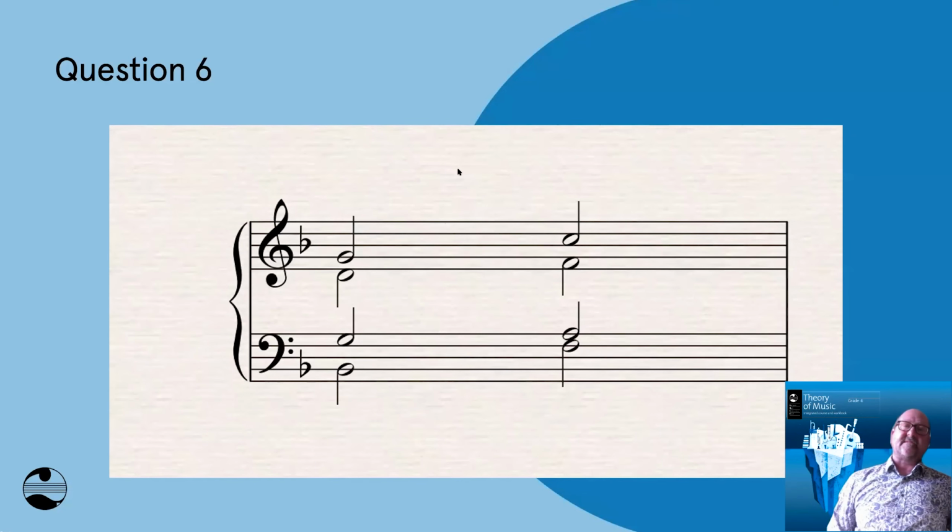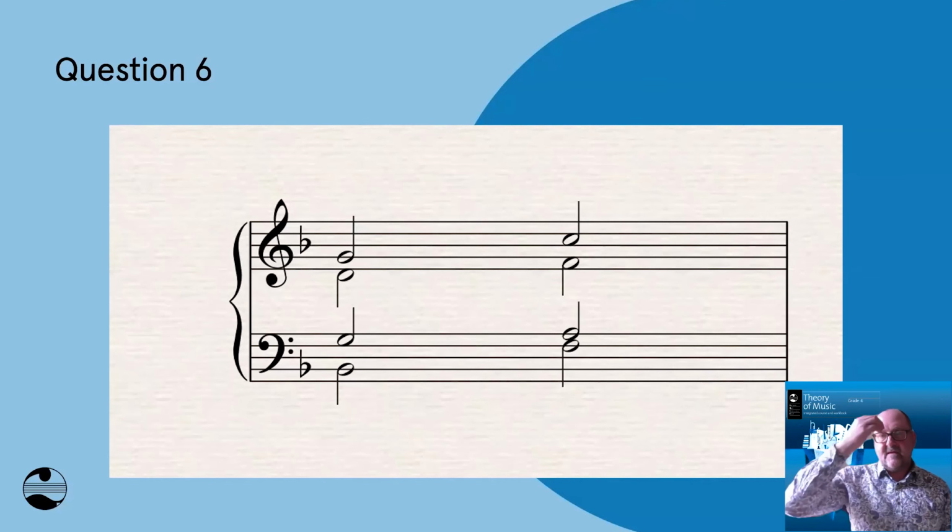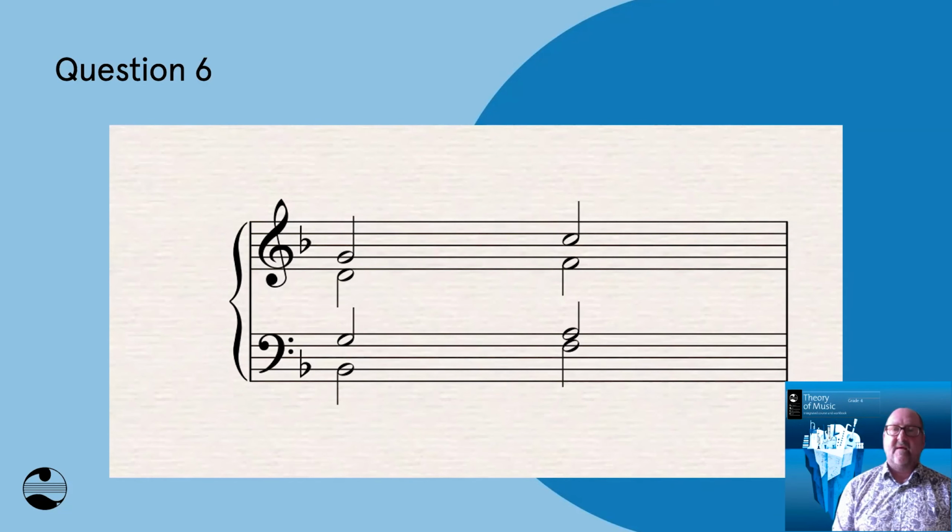These are two chords in the key of F major. Two chords. What is the error in the progression between these two chords? What is the error between these two chords? So the first chord you'll note is the first inversion chord. It is chord 2B, and then the second chord is chord 1. It's 2B to 1. I'm really making you think this afternoon.